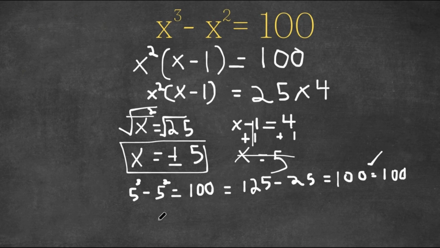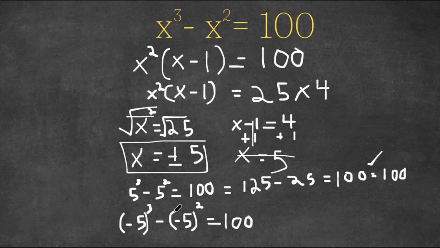Now, why don't we plug in negative 5? Plugging in negative 5, we would get negative 5 in parentheses to the power of 3 minus negative 5 to the power of 2 equals 100. Now, negative 5 to the power of 3, well, a negative to the power of an odd number is still going to be negative. And 5 to the power of 3 is 125. So this would be negative 125